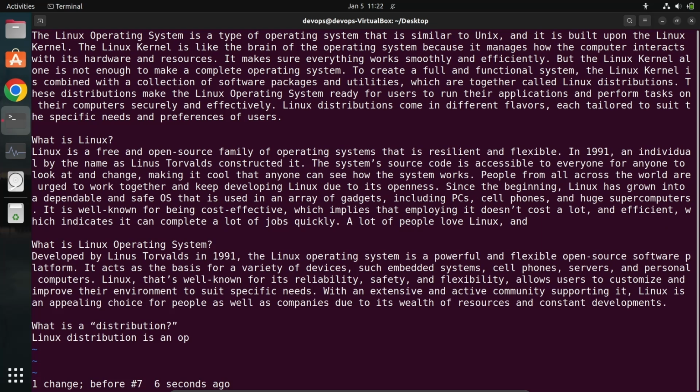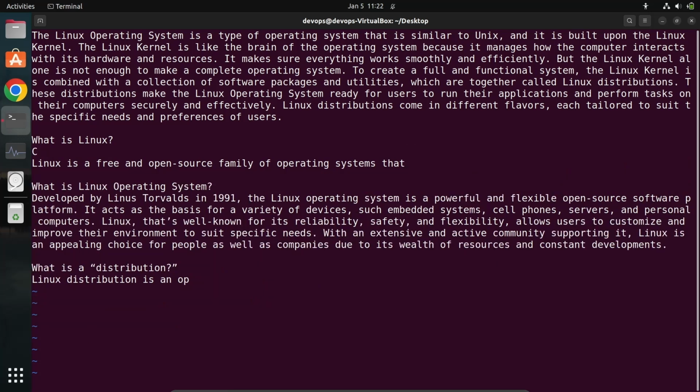Now, how can you change the text? You can press R to replace a character with anything else. If you have pasted something here, you could have changed it. So I will type C or anything else, so I will change it, then U. If you want to change the text from the current position to the end of the line, you will press C and then dollar. Okay, and you will press it. So I will type U,